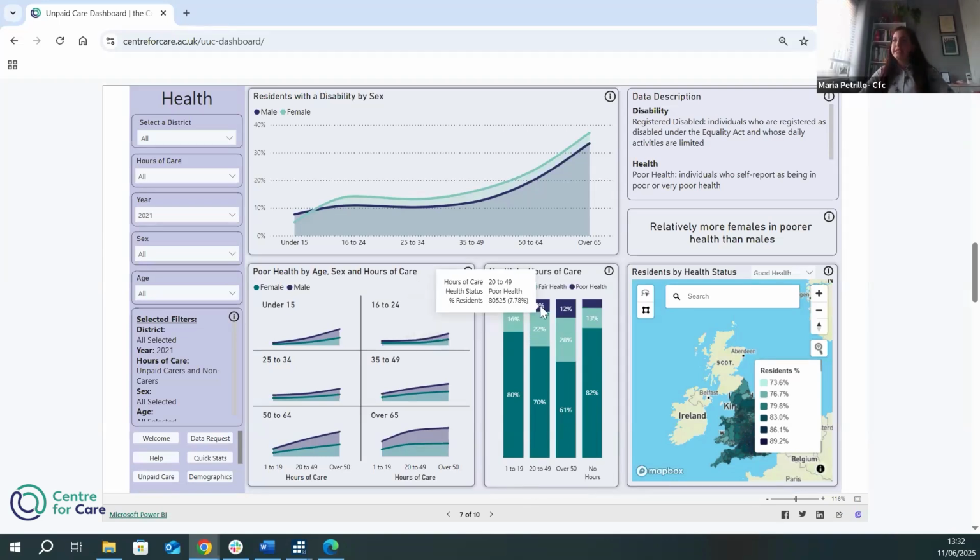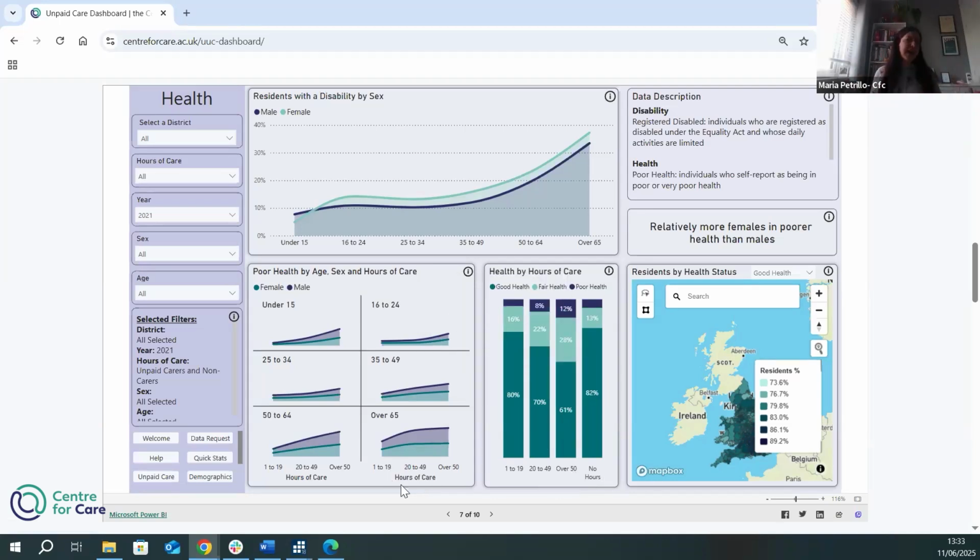But you can see that this percentage increases as the hours of care per week increase. If the hours are 20 to 49, the percentage of people reporting poor health goes up to 8%. And if we consider 50 plus hours of care per week, the percentage goes to 12.